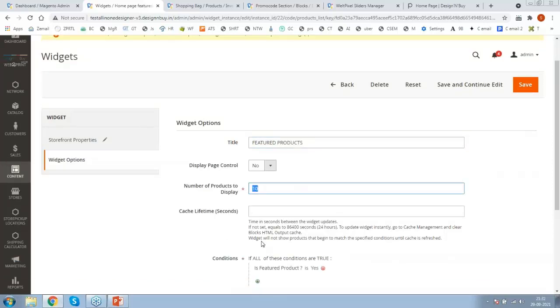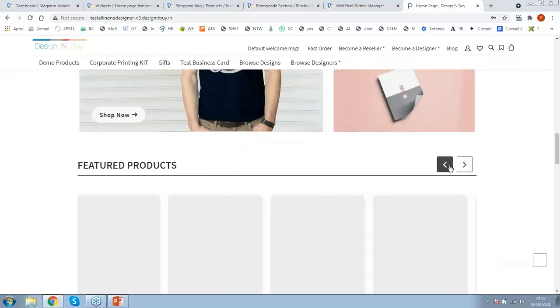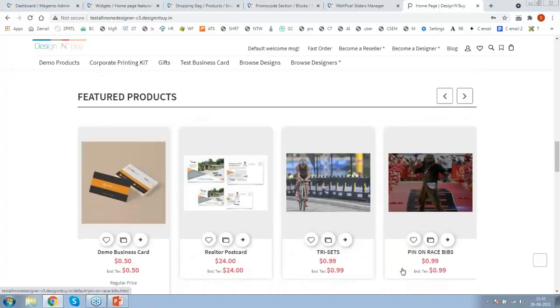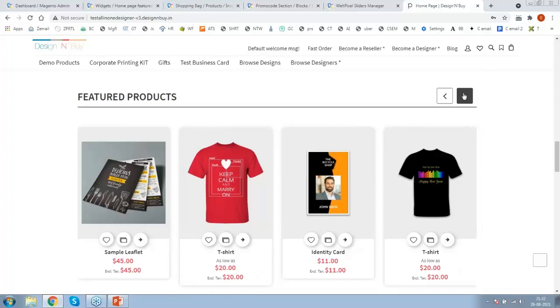Right now it's showing 10 products only, but let's say I want to show at least 25 products or 30 products. In this case I can change the count and I can put 20, 30, 40. Accordingly my slider would be changed. Here you can see there is a slider. Accordingly 40 products will be listed, 30 products will be listed, or 50 products will be listed. So it's up to us. Settings are in backend itself. We can manage the way we want.